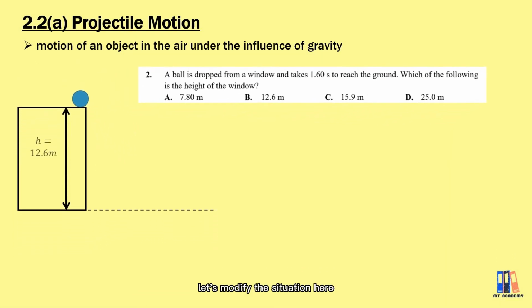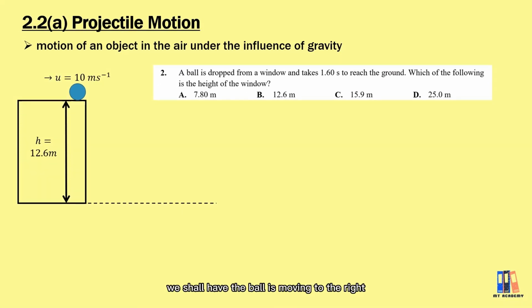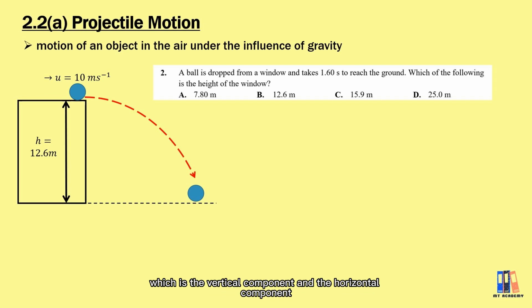Let's modify the situation here. We shall have the ball moving to the right with a constant velocity of 10 meters per second, and it is rolling off from a building. So the ball will continue to move to the right, and it is also falling to the ground due to gravity. So to solve these questions, we shall split our solutions into two components,